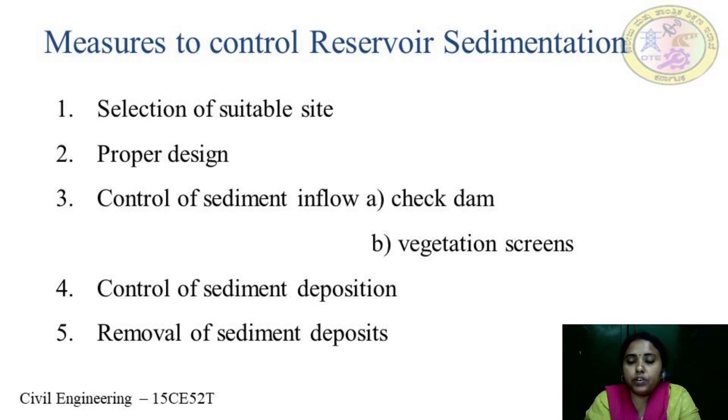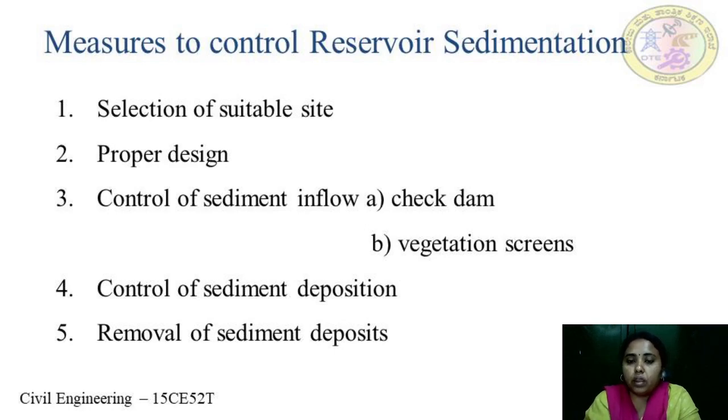So control of sediment deposition in a reservoir can be reduced to some extent by operating the sluices, such that water containing high sediment load is quickly discharged to the downstream. Sluice gates are generally provided in a dam especially to remove the sedimented water during heavy rainfall. So during heavy rainfall and during floods, the sluice gates are especially kept open to dispose of the sedimented